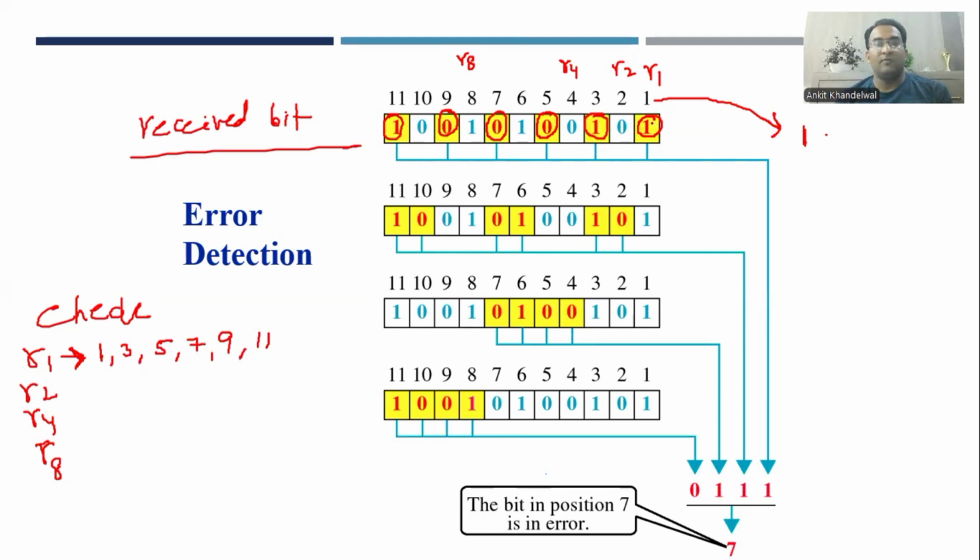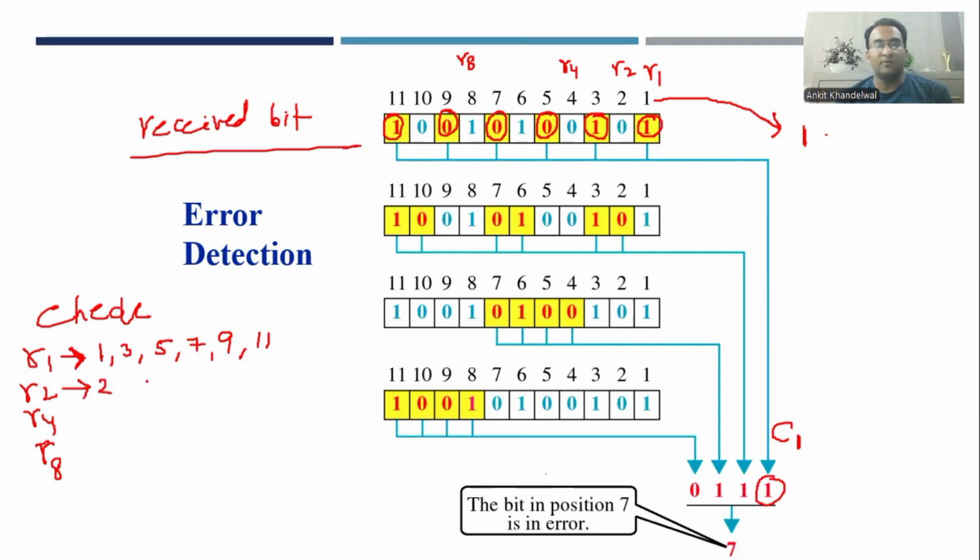What we have to do? We have to make it an even parity. So now the check value will come out to be C1 equals 1 there. Similarly, for checking the value of R2, we have to consider the position number